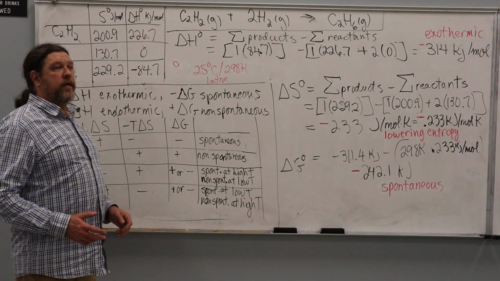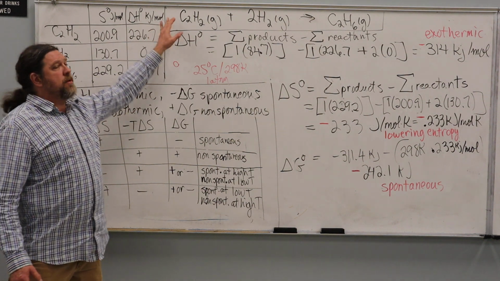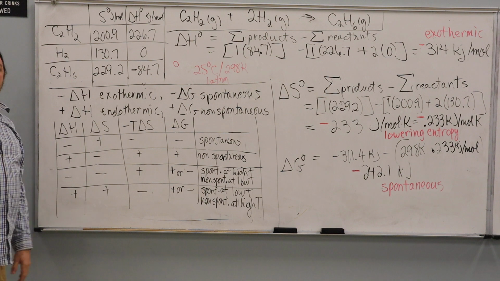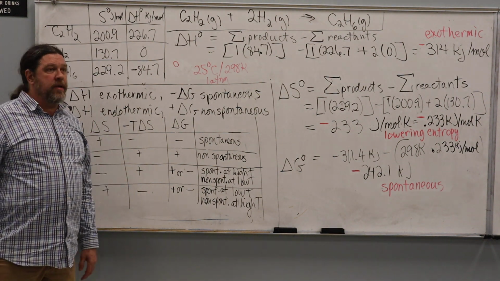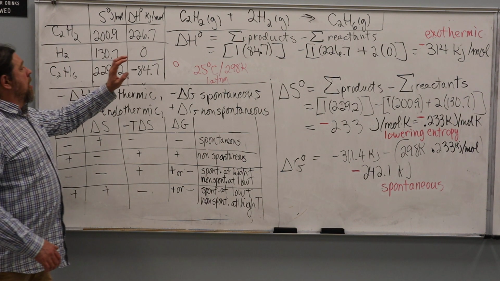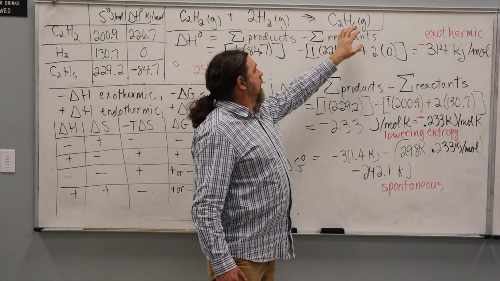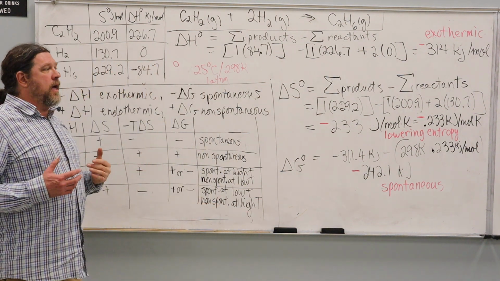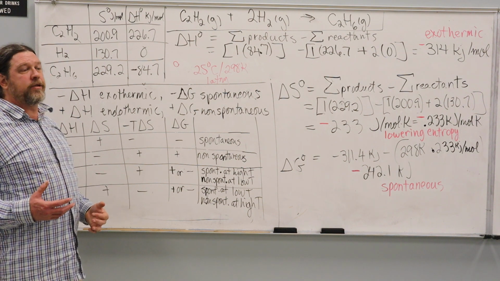So let's take a look at our three basic thermodynamic calculations for this chemical reaction, based on data provided from our standard thermodynamic tables that we find in the appendix of our textbook. So we have in this case the combination reaction of acetylene and two molecules of diatomic hydrogen making a molecule of ethane. And as we should always do when we're thinking in terms of energy and thermodynamics in a reaction,